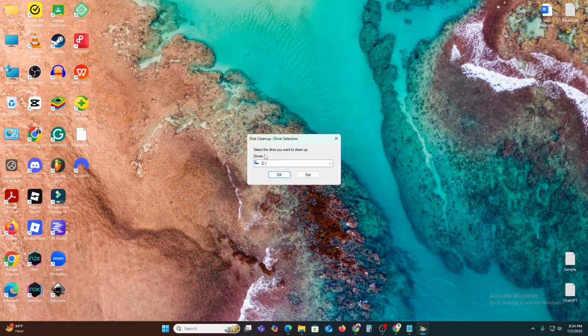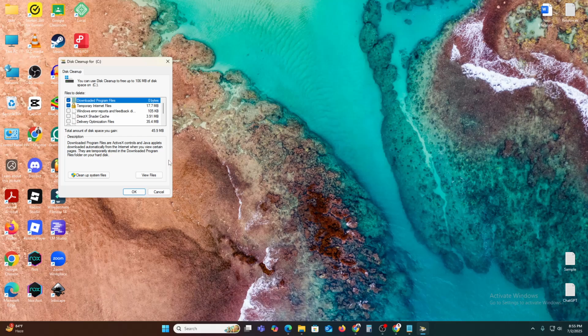Here you can see the disk cleanup drive selection, so click OK and